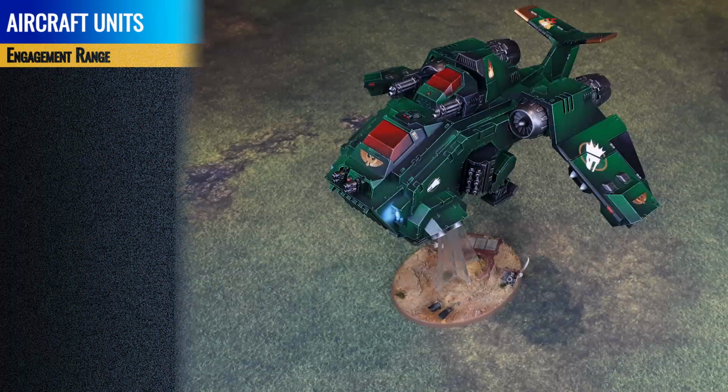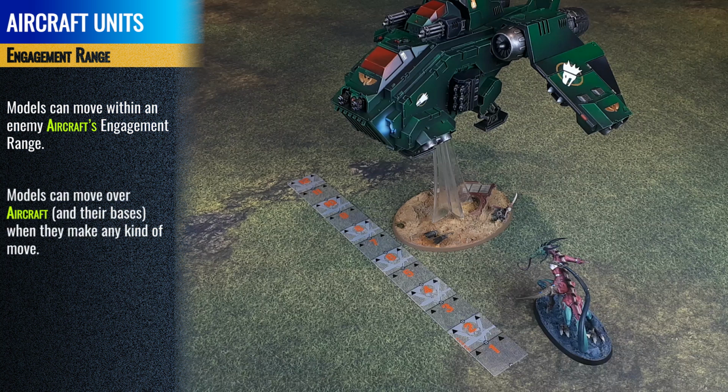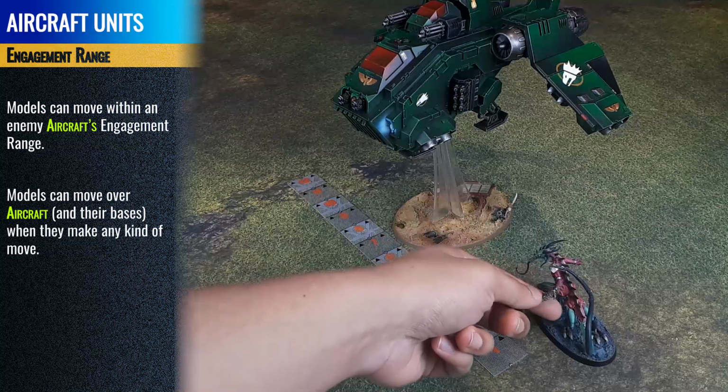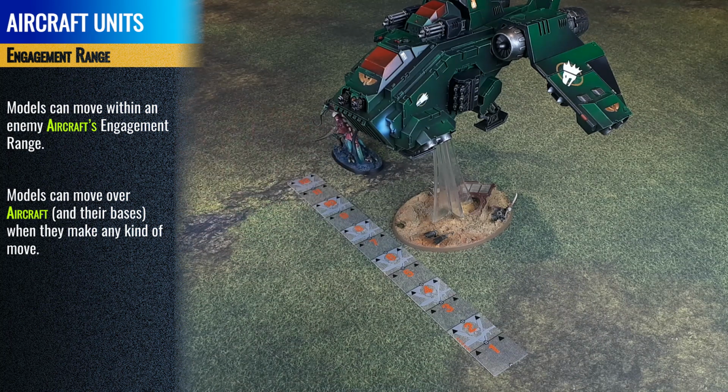While aircraft do have an engagement range, they are treated with a few exceptions to better represent them being high above the battlefield, and minimize awkward rules interactions with units on the ground level. Models are able to move freely across the bases and enter the engagement range of aircraft models as if they were not there, but they cannot end their move on top of the bases, models, or within engagement range of